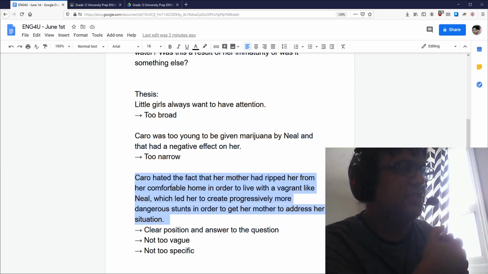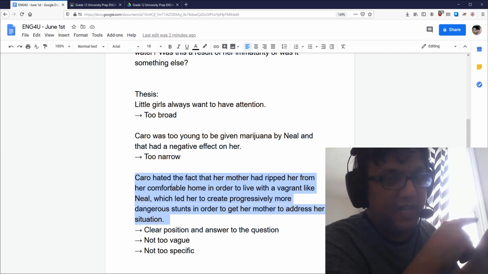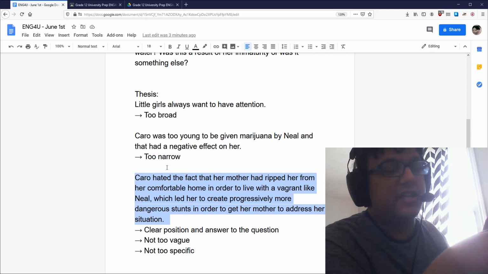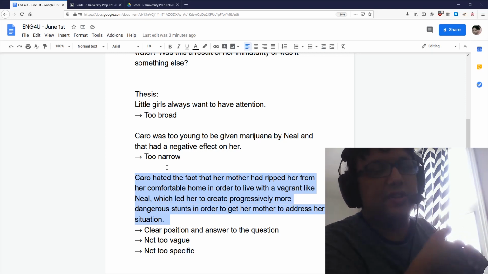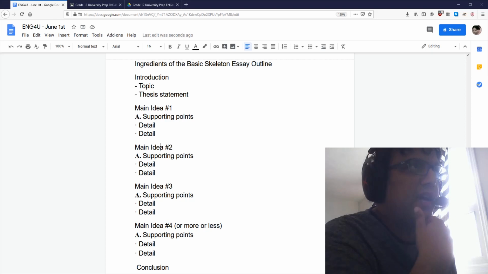So instead, what we need to do is think before you start to write the essay, right? Before you start writing essays, think about what your thesis is. Think about what you're going to say, right? And for that matter, it might be a good idea to do some planning. So, what I like to do when it comes to writing essays is I like to make sure I have a good outline, right? So that I know what I'm doing before I start to do it.